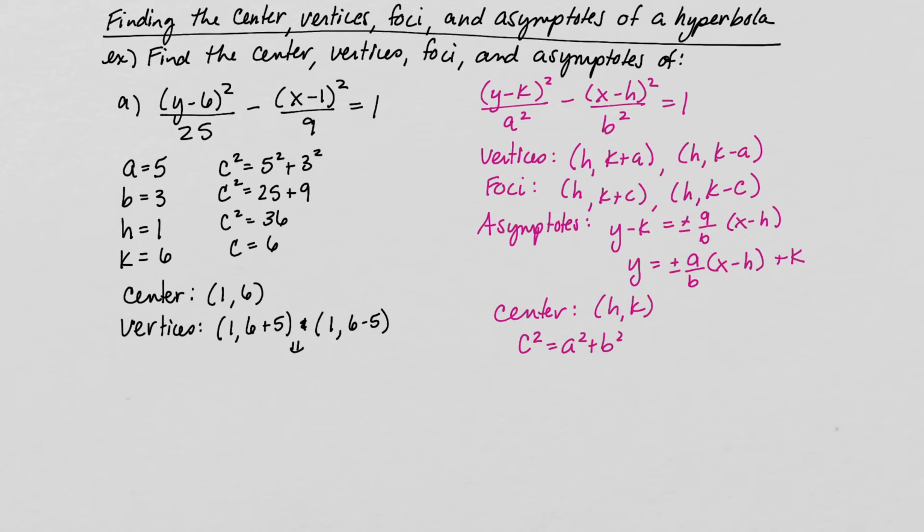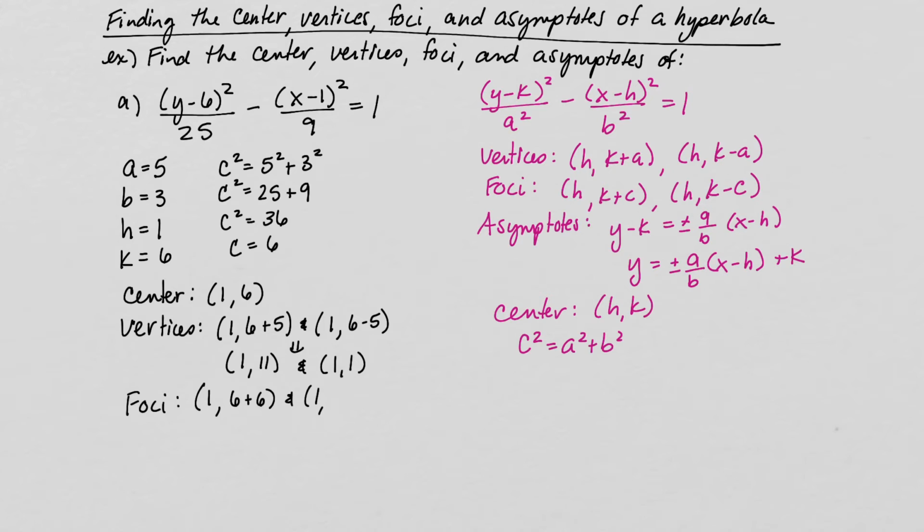So they're going to be (1, 11) and (1, 1). Our asymptotes, foci before asymptotes. Our foci are going to be h, so 1, comma k plus c, so 6 plus 6, and (1,